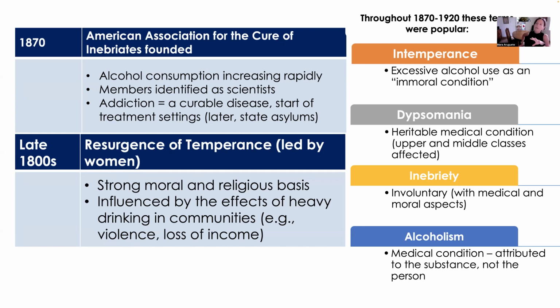Well, there were all of these terms that were popular around these times, and they kind of went in this order. So the terms changed, and they changed along with the concept of, is it considered to be a moral thing, or is it considered to be a disease thing? And so we had this term called intemperance, and we've talked about temperance, right? And the opposite is intemperance. And that was the idea that excessive alcohol use is considered, the connotation behind that term is that the person was